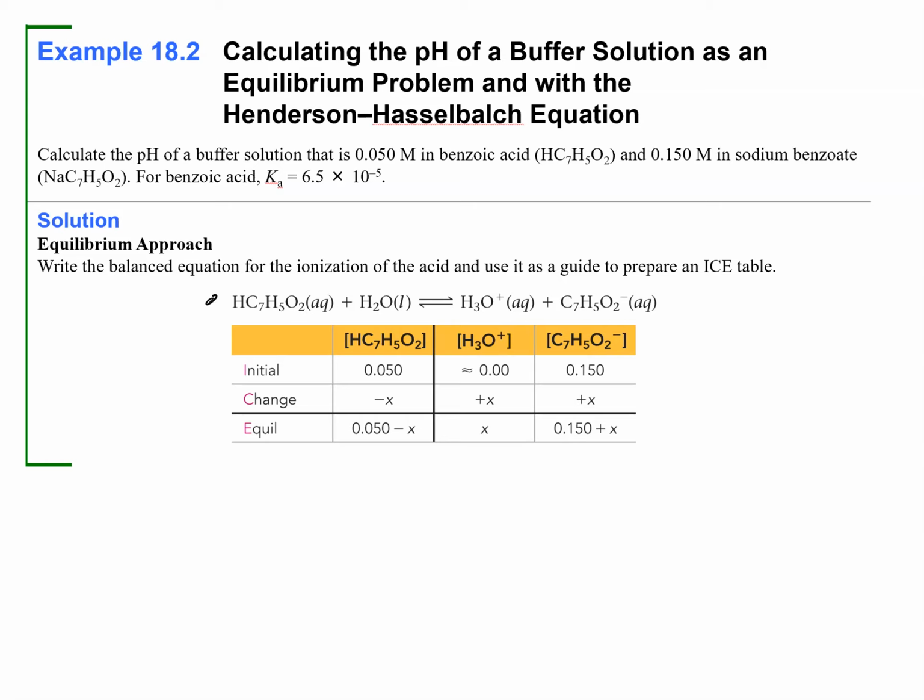Our initial concentration of hydronium is 0 functionally, and the change is going to be minus x because everything's 1 to 1 to 1 in our stoichiometry, minus x for our reactant because it's going to go down during the reaction, and our products are going to go up, so they're both going to be plus x. We can fill in the blank for equilibrium by summing those quantities